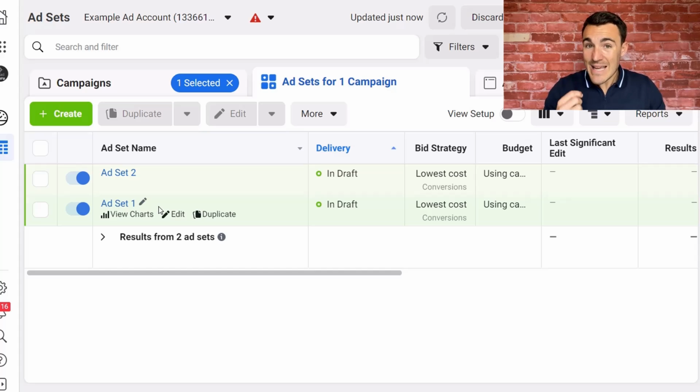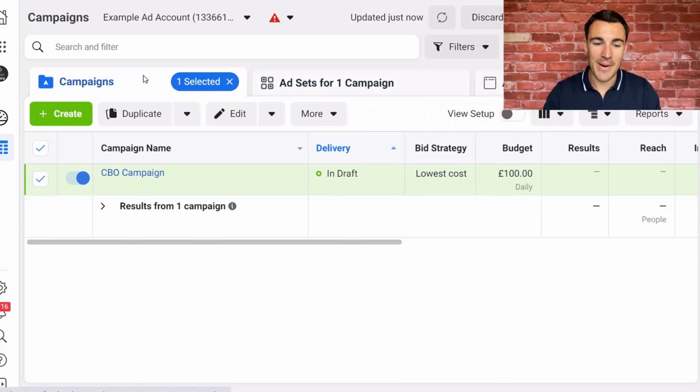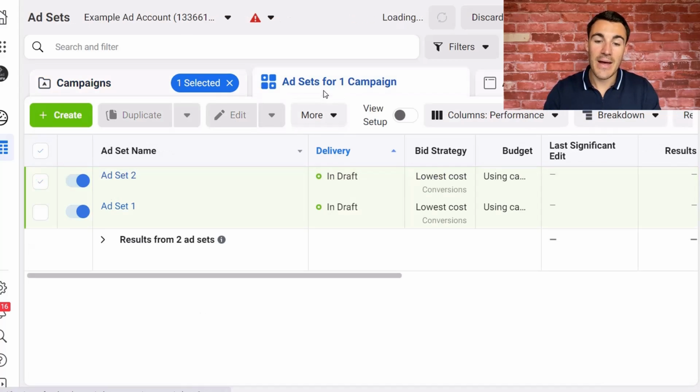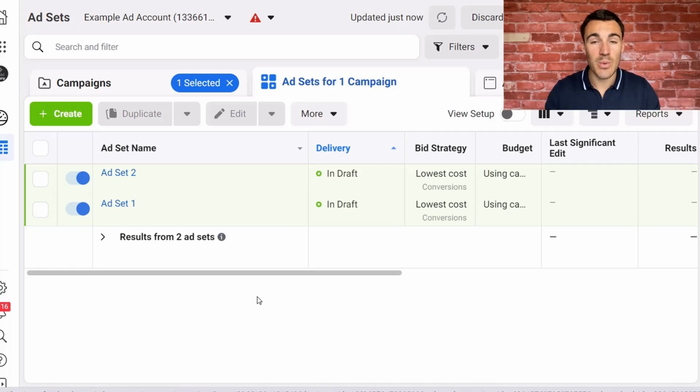And my answer is it won't be, provided you're using a CBO campaign. Overlapping audiences are an issue if the audiences overlap with separate budgets and Facebook isn't able to navigate those waters and divert budget accordingly. That's why if I go back to the campaign level, you'll see I've called this a CBO campaign. We're setting the budget at the campaign level. That means it doesn't matter if ad sets within that campaign have audiences that overlap, because Facebook's smart enough to